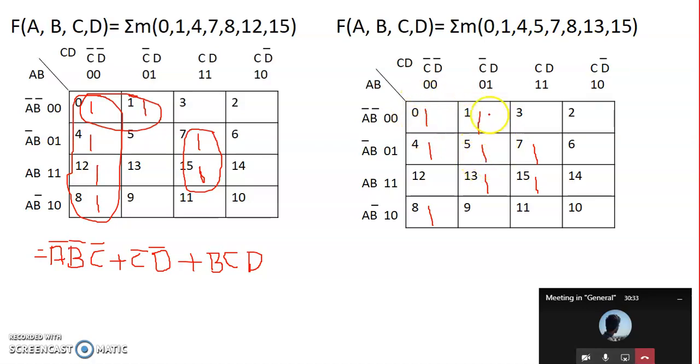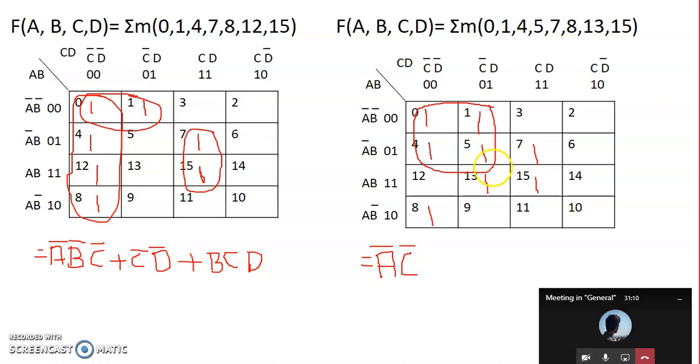I can make this a pair. Since I have 1 here, I can make all these 4 in one group. So I'll go for this, okay, these 4 in one group. Because for this one, this is the best option I have, and this is the only option. So I make this a group. So what is common here? A bar retains common here. So for this, it is A bar. Next, out of this, C bar retains common. So I'll make it C bar. So for this group, A bar and C bar.